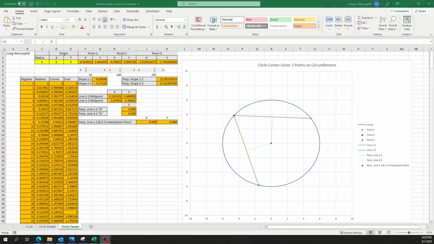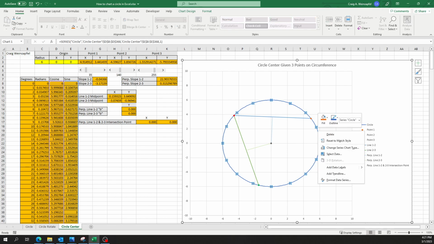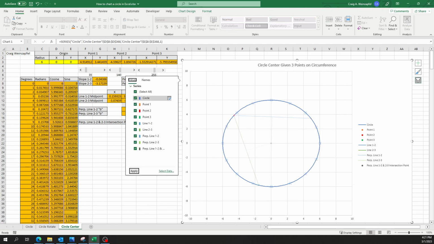Hi everyone. Today I'm going to show you how to find the center of a circle given 3 points on the circumference of the circle. As you can see in our chart here, I've got 3 individual points on the circumference of the circle. That's easy to see from our picture here that we've located the center point, but what would you do if you just had a circle or 3 points in space and you didn't see the circle